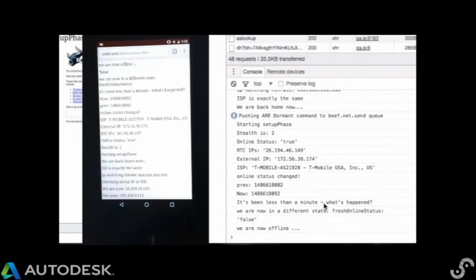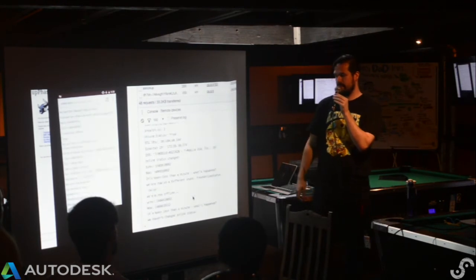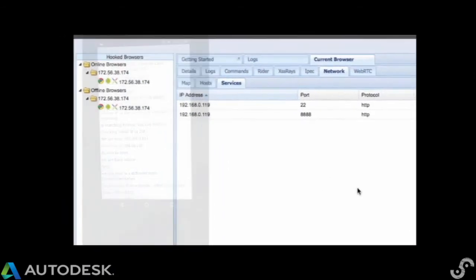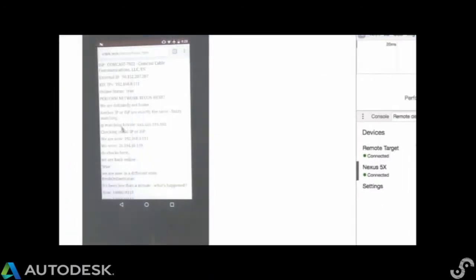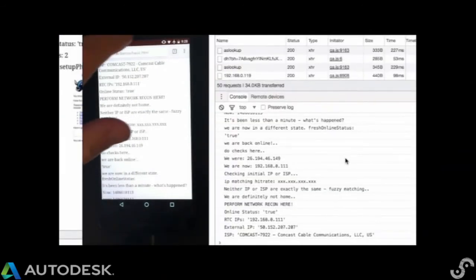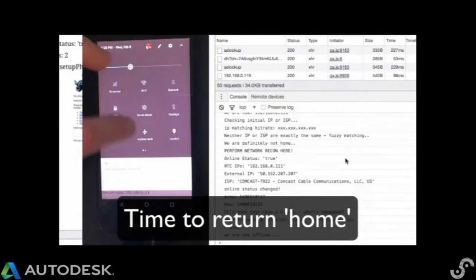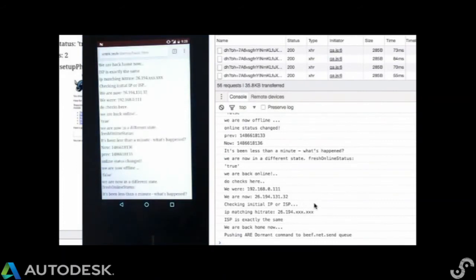When the phone rejoins the wireless LAN network, you'll see at the top the network request to this server. You can see up here it sent a request, and because the status is 200, for those who have been paying attention, it may indicate that someone's misconfigured CORS on a web application. And because it's on an internal network, maybe they don't care. So anyway, we return back to LTE, and then we dump that data back out to the BeEF server.